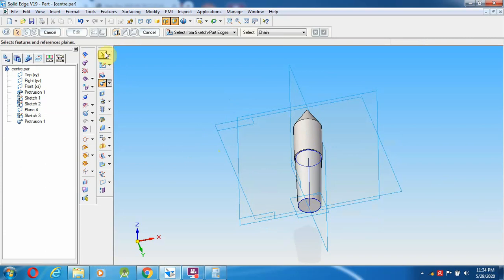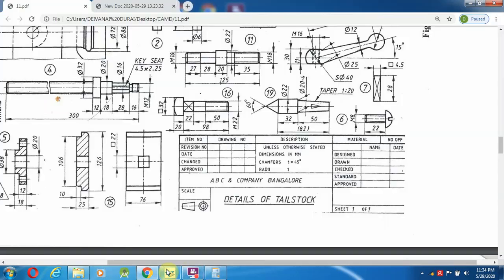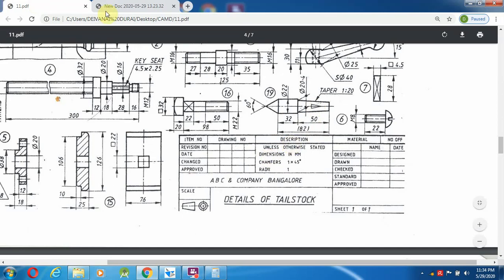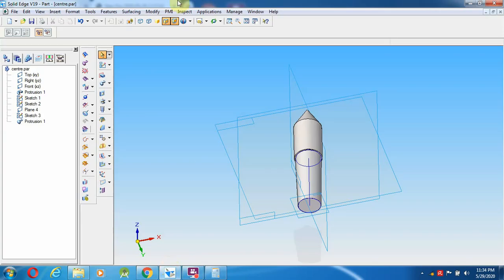So the center has been created over here. What is the meaning of this triangle? It means the taper will go in this direction. Okay, so this way we have to make the center.